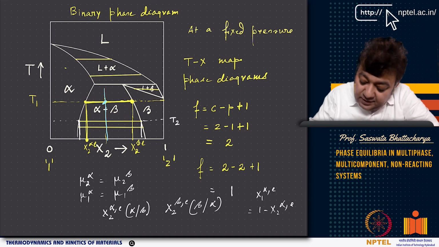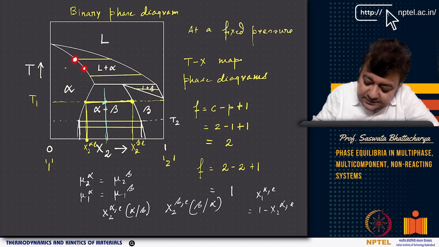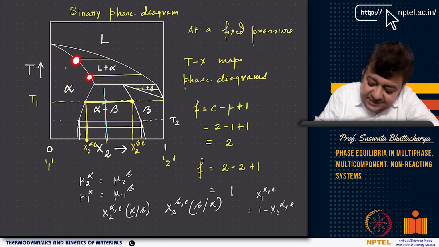So basically, as you go down, you see the liquid and solid compositions are changing, right? So here what is happening, this side is leaner in B, this is richer in B, and as you go further, you are getting richer and richer in B, right? So you are getting an alpha which is much different than the alpha that you got when you first solidified. So the alpha composition here and the alpha composition here are vastly different. Here, alpha contains less solute B, or the component 2. So alpha at this composition has less of 2 than at this composition.